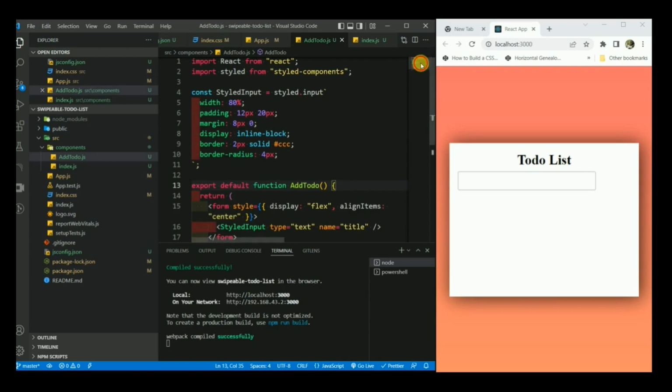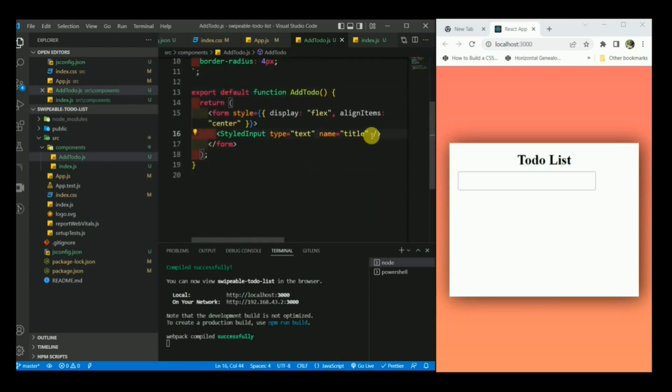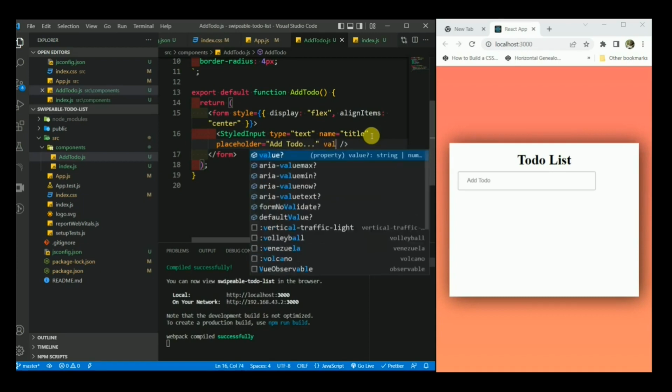Placeholder I'll just give add todos. Value will be, we have to define one state here, so I will just give title,